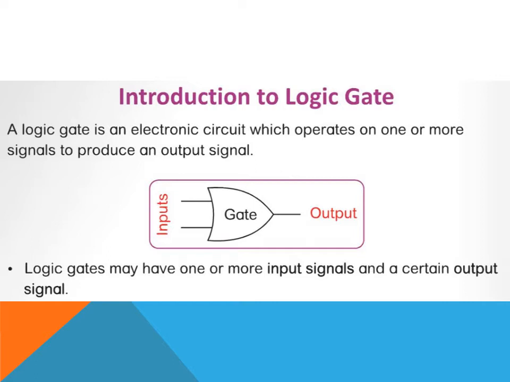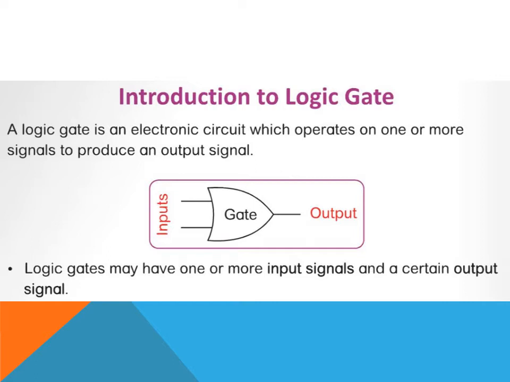Look at the diagram in the middle of the page. There is a gate on the left hand side. The 2 lines are the input lines. There we will input what? We will input electric signals and the gate will process the input signals, and to the right hand side of the gate there is another line, that is the output line. We will get an electronic output.